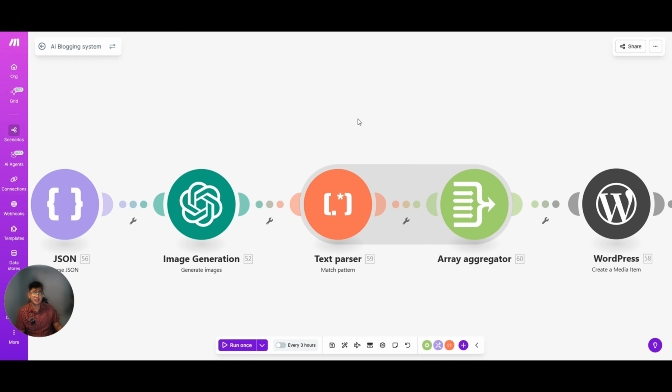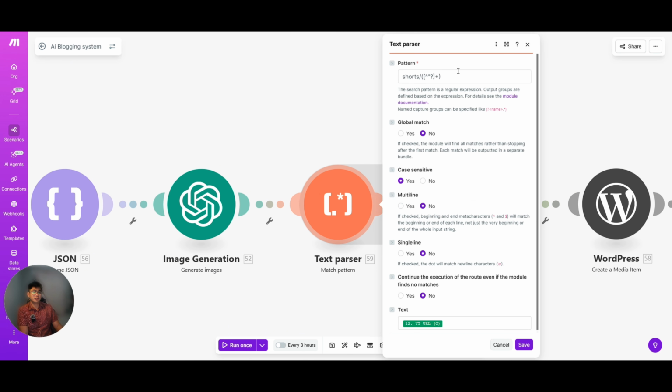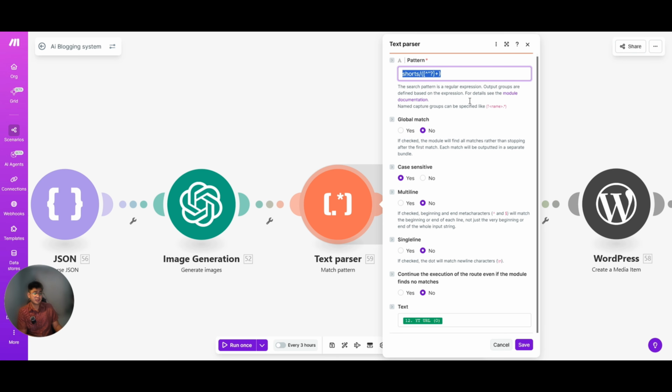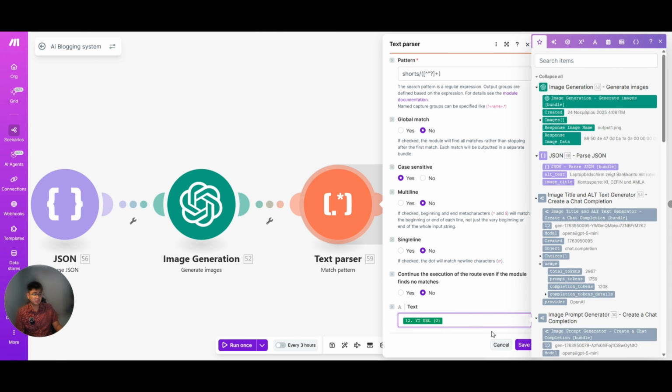WordPress needs a clean embed URL, so the video is actually playable inside the blog post, not just a plain link. So this is the pattern. This takes the YouTube Shorts URL, extracts the video ID with this text parser, and then rebuilds it into a clean YouTube embed link using an array aggregator. This is the pattern that I use, and the text you need to map the variable